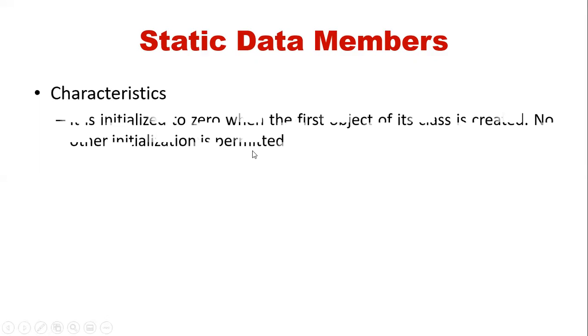Static data members are a kind of data member which use the built-in data types, but the only difference is that they are initialized to 0. The static data member is initialized to 0 when the first object of its class is created.